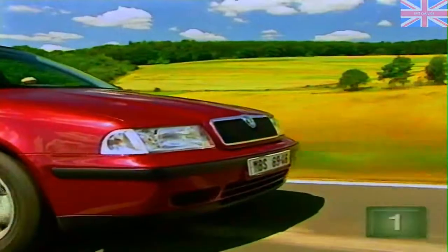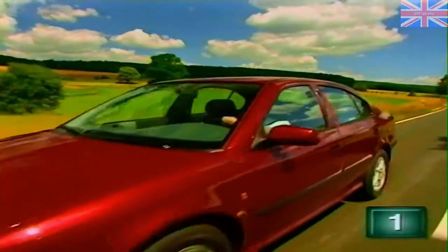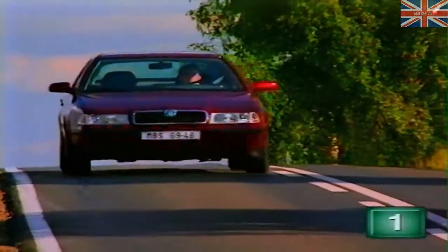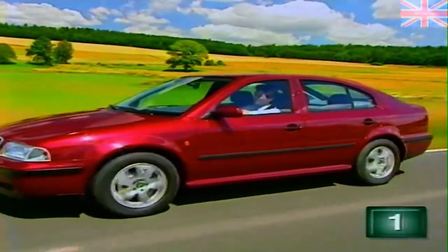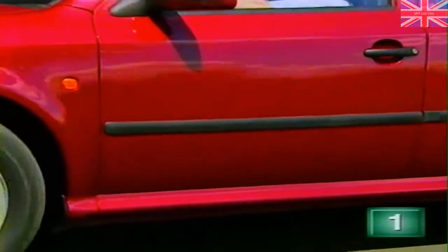Section 1. Vehicle Overview. The Octavia, measuring just over 4.5 meters in length, is a roomy hatchback with levels of equipment which would have been unthinkable only a few years ago. Many features have never been available on a Skoda before, and depending upon the model include galvanized body to resist corrosion,